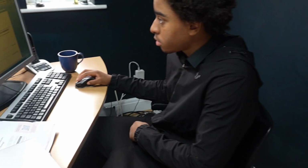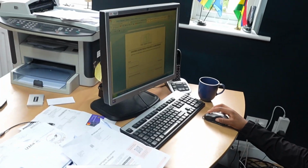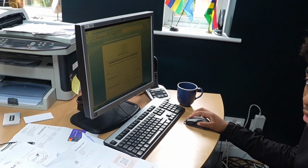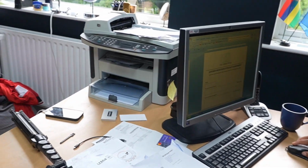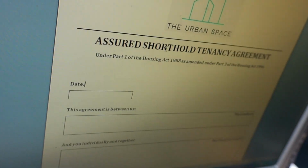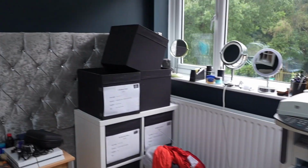Literally, we're on a refurb site, and we're working from a refurb site, which is the home office. So Destiny's just banging out a contract, teaching you how to do it. Obviously, it's the same contract whether you're renting to, you know, a mate, a company, you just put a company name in the contract. But yeah, it's essentially a short hold tenancy agreement, and it's just part of the training where Destiny's literally going to fill it out, because as I said, every